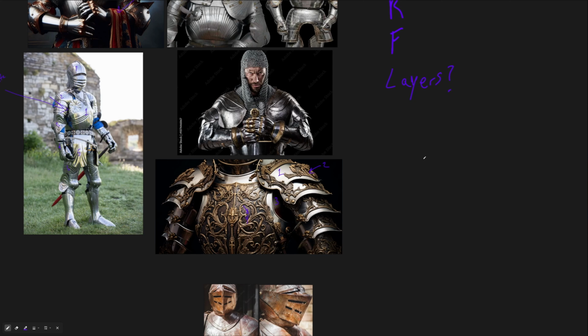So for this process, we're going to be using channel packed masks. So why is that important? This is important because channel packed means that we're going to be creating masks in the red, green, and blue channel. So this means that we're going to want at least three layers